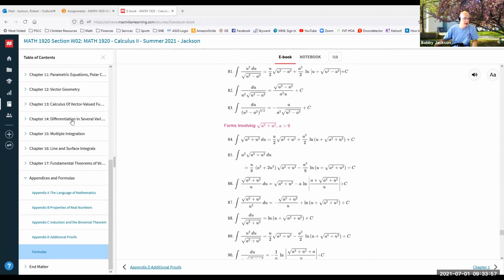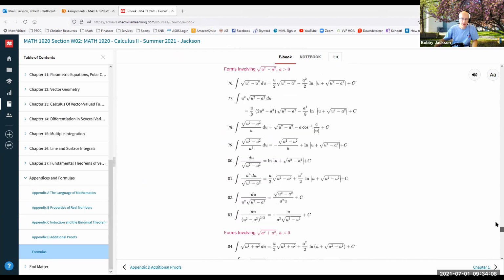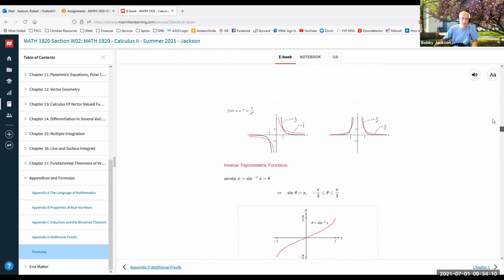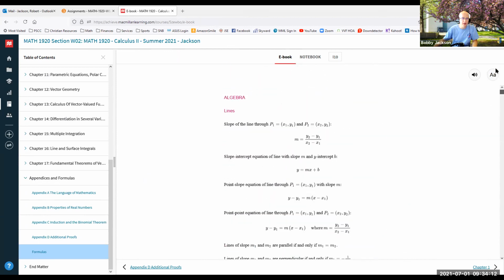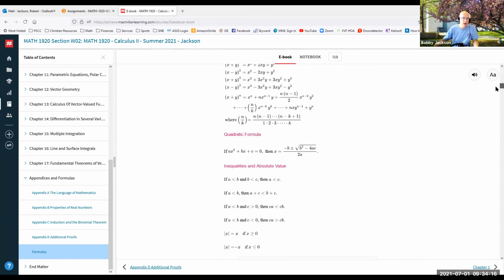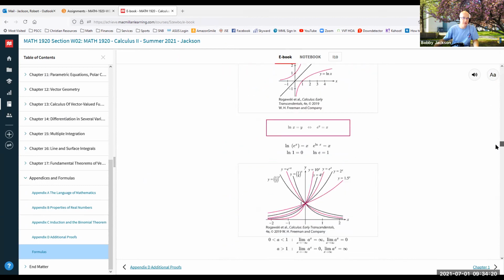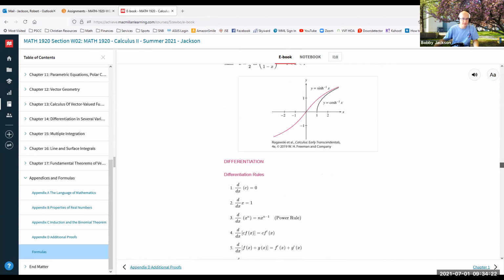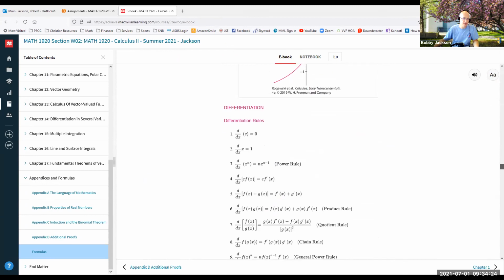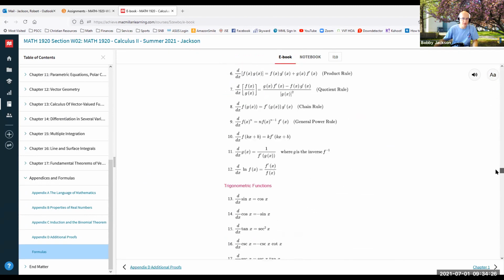The way you get to that is on the side here, you go all the way down to appendices and formulas, open that up. And then the very last one is formulas, click on that. You can see I am way down. If you scroll all the way up, there's a lot of formulas. It begins with our basic algebra and trig help sheets that I normally give you, and then gets into the